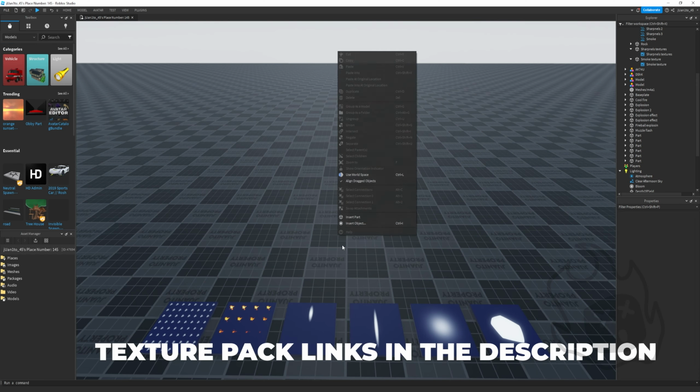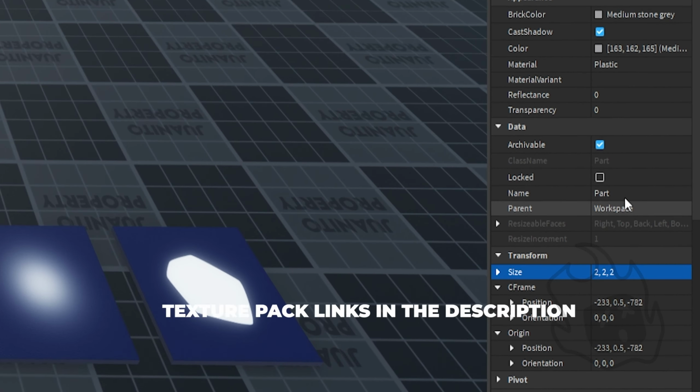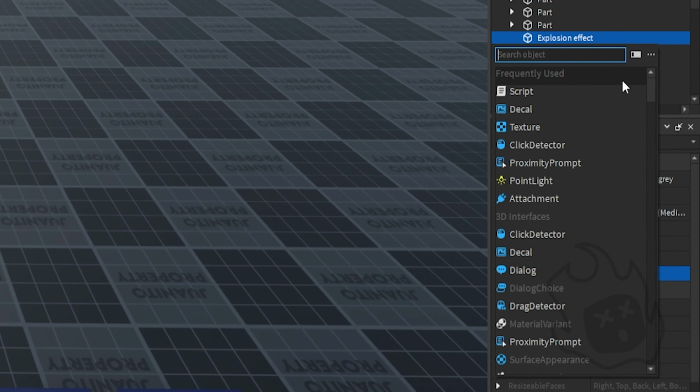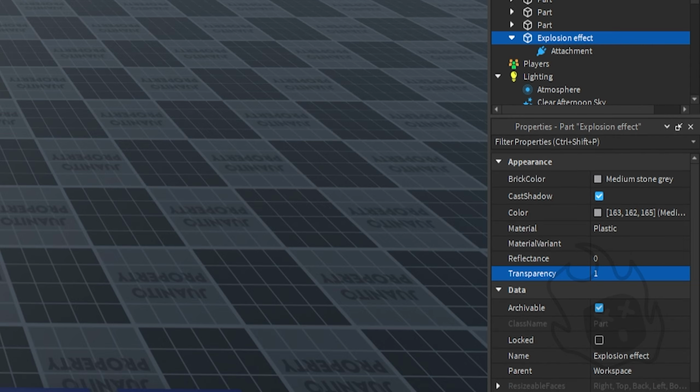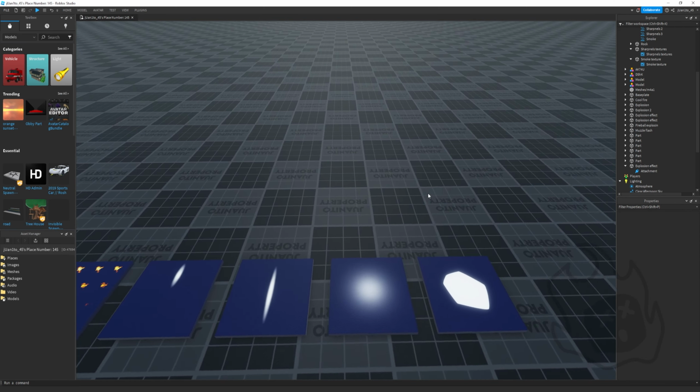Alright, first things first, insert your part. Resize it to 2 so it becomes a cube shape, and then change the name to explosion effect, or whatever you want. And don't forget to change the transparency to 1. Then we insert our attachment. Let's raise it up a bit so we can have a better look. Now for our first step,